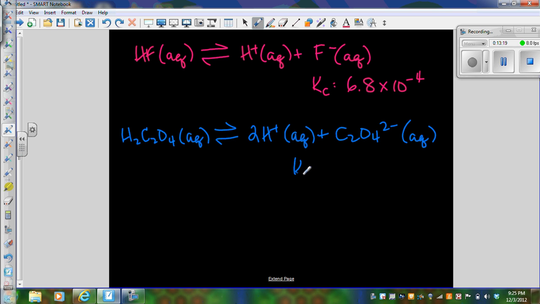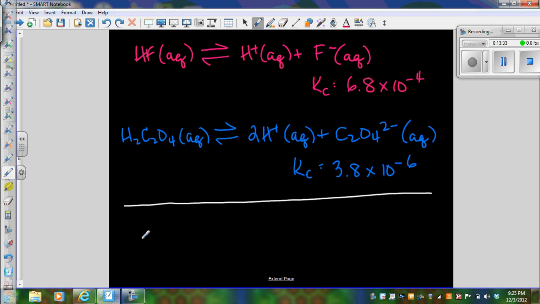And the equilibrium constant for that reaction is 3.8 times 10 to the negative 6. And what I want to do is determine the value of Kc for these two reactions added together, which if I were to do that,